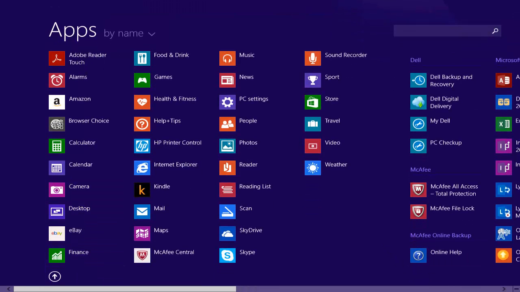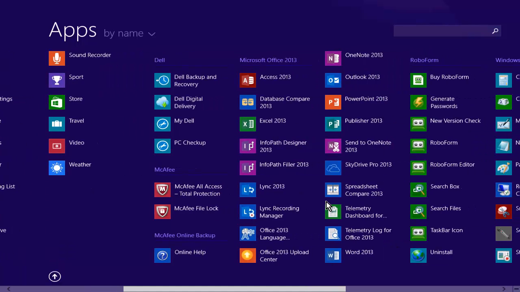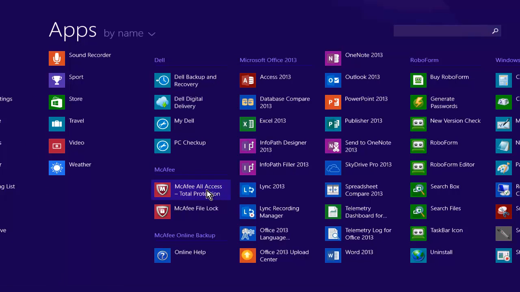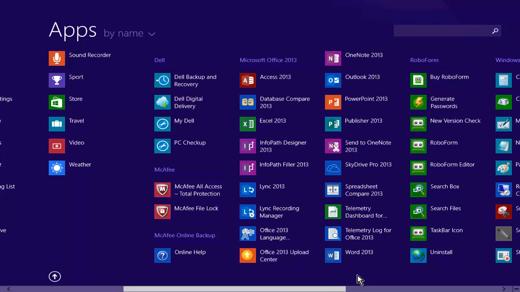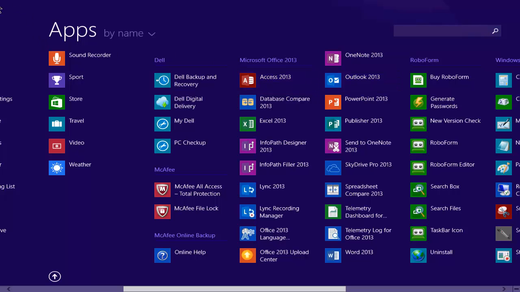I've also added a couple of the Dell bits and pieces, McAfee All Access from McAfee. And I've installed Microsoft Office 2013 from my online account. If we just go over and have a look at that,